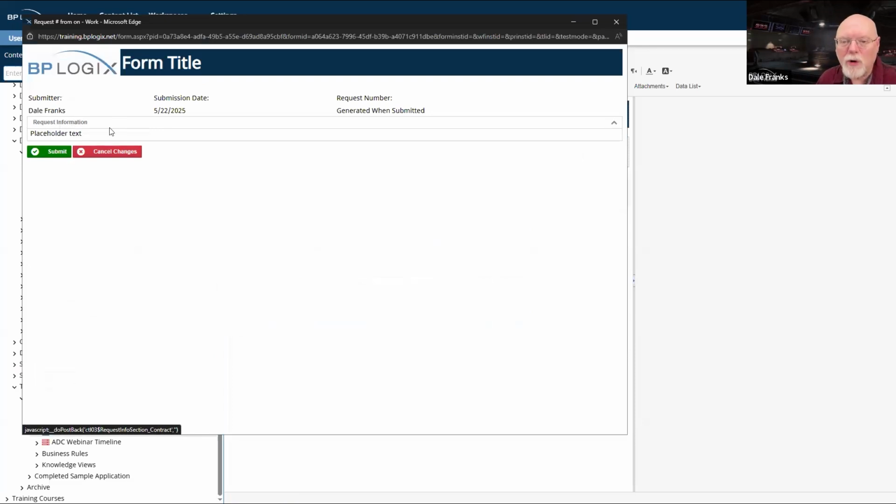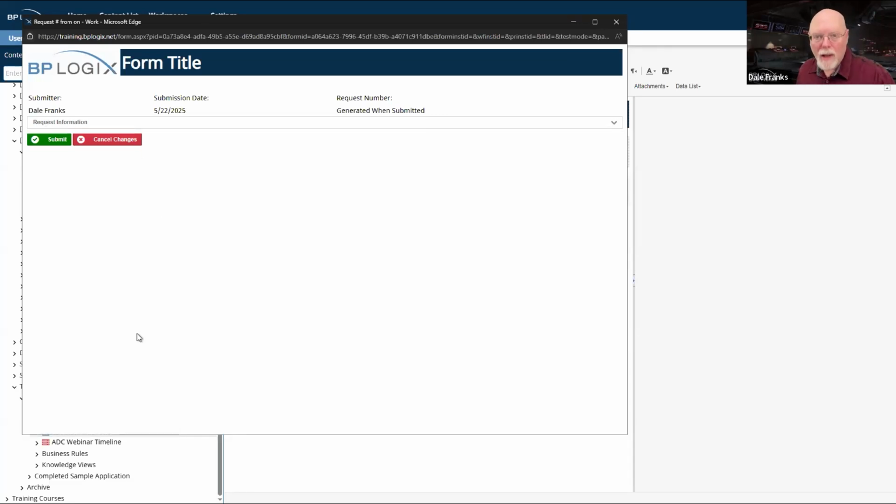So let us pretend that rather than placeholder text, there were like 15 controls here for various things. And I might not want to disable them, and I might want to make them editable if necessary, but by default, I might not want to show them. And so I can just set my section control to be collapsed.